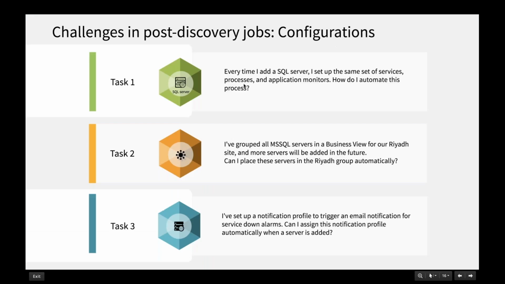And other challenges: the challenges involved in post-discovery actions. Let's say that Jacob has successfully discovered all the devices in OpManager, and OpManager monitors all of them. Now, what are the challenges he might face after discovering them? Say, for instance, Jacob has added 25 SQL servers. So his first task is, whenever a SQL server is added in future, a SQL Server monitor has to be